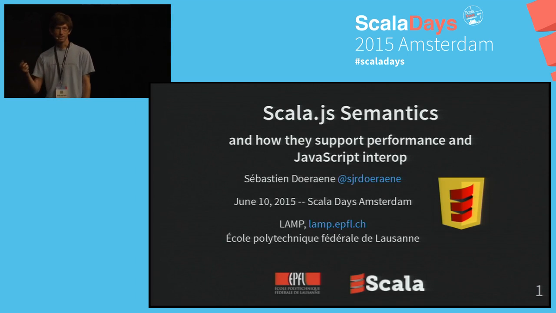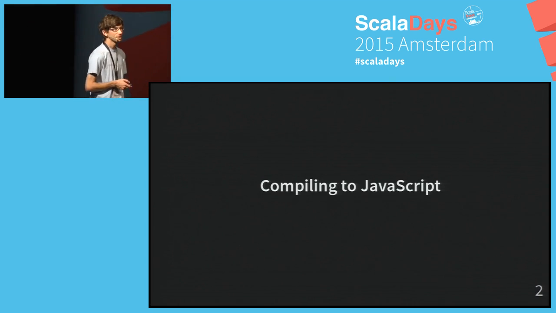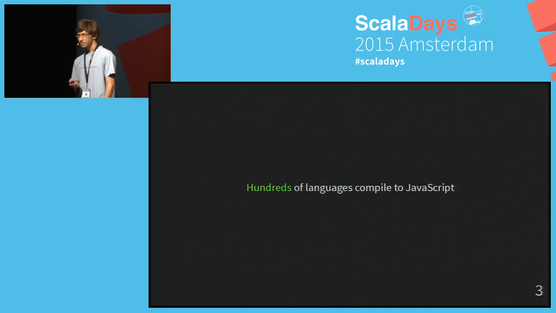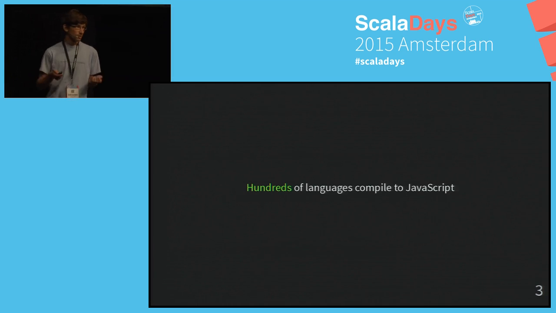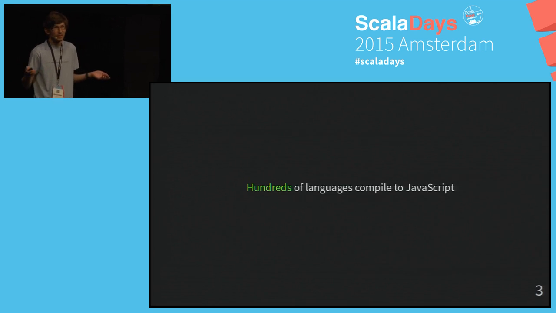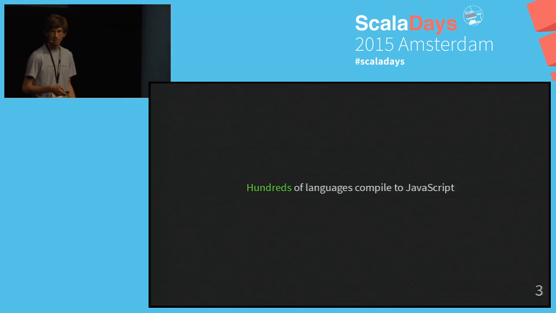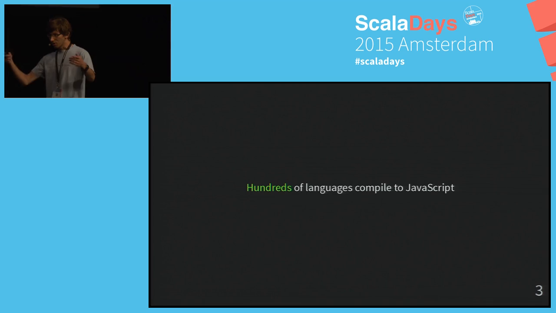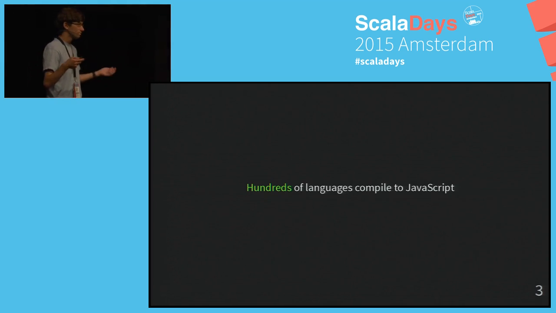And also on the aspects of the semantics that allow us to compile it to efficient JavaScript, if such a thing exists. So compiling to JavaScript is an old problem. There are literally hundreds of languages that compile to JavaScript at the moment. Some languages even have several dialects of their own, each compiling to JavaScript, each with its advantages and disadvantages. And then there are other languages that inherit from or are inspired by some of those languages.